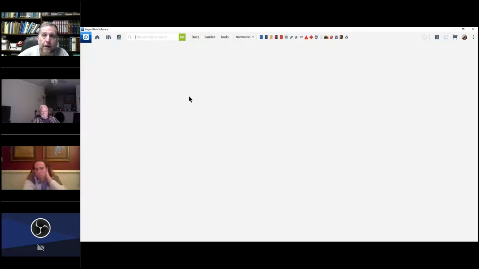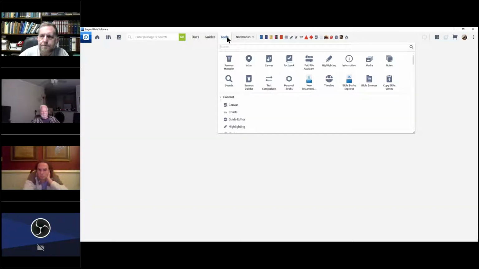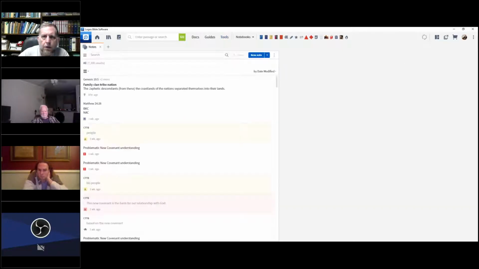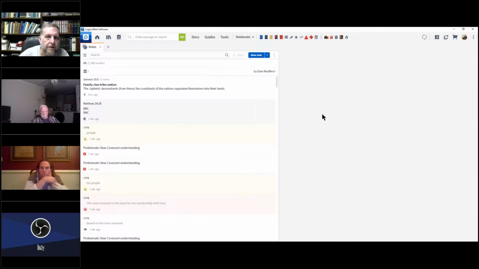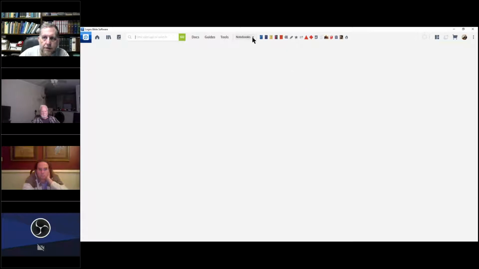Once you have your tools open, you can drag this whole panel up here to your toolbar, drop it there, and then you'll have a notes shortcut on your toolbar. I actually have several notes on my toolbar, but I usually have them hidden inside this menu here. I have 5 of them hidden inside this notebooks directory up top. We can show you how to do that as well. But just starting with notes,